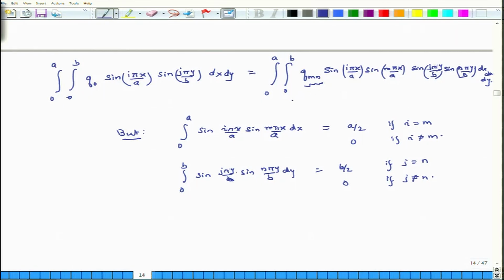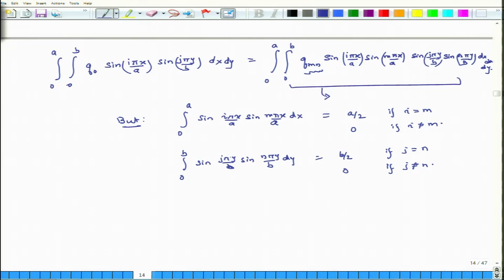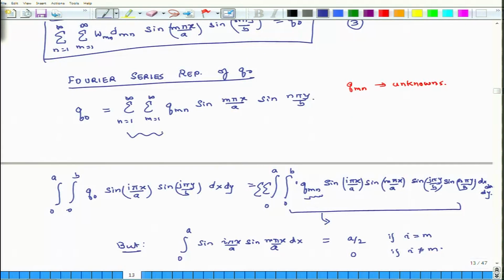So, essentially what this means is that this entire integral I can express it as follows, and of course, this has to be summed up for all values of Qmn, because we forgot to put the summation, since we said that q naught is the summation of this. So, this summation we omitted.